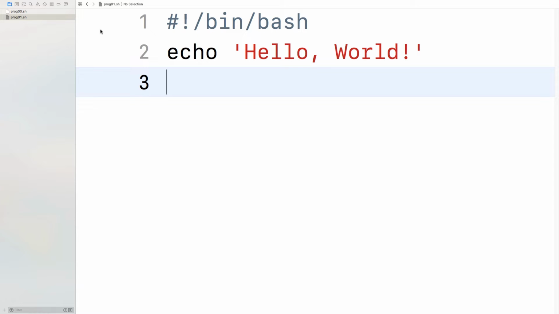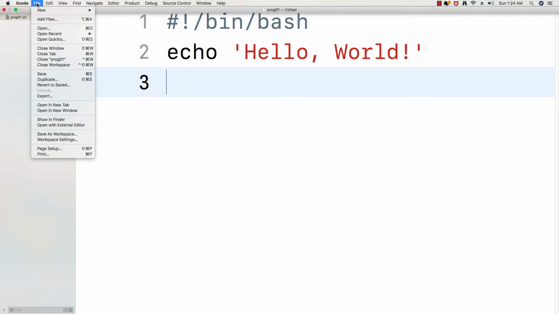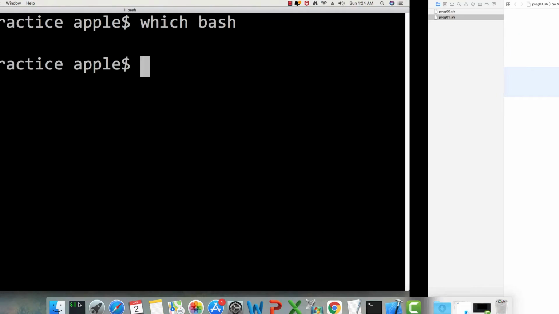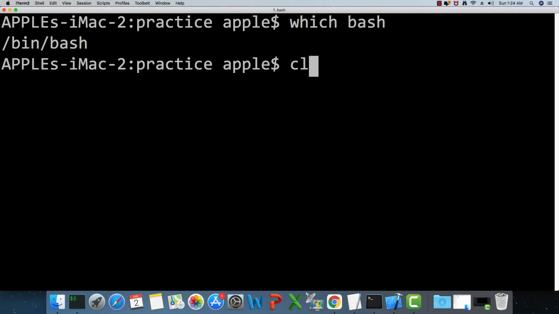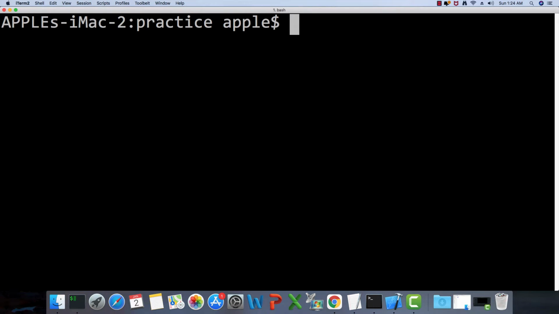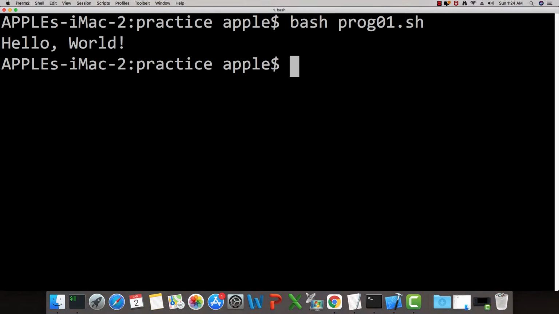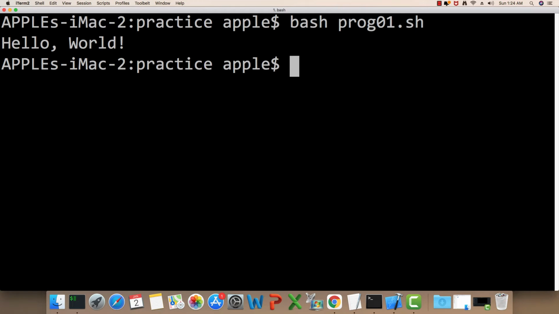So now let me save this file. And now let me go to the iTerm utility and let me clear this, and I will use bash first and prog01.sh, and if I hit enter it runs the prog01.sh. And similarly if I say dot slash